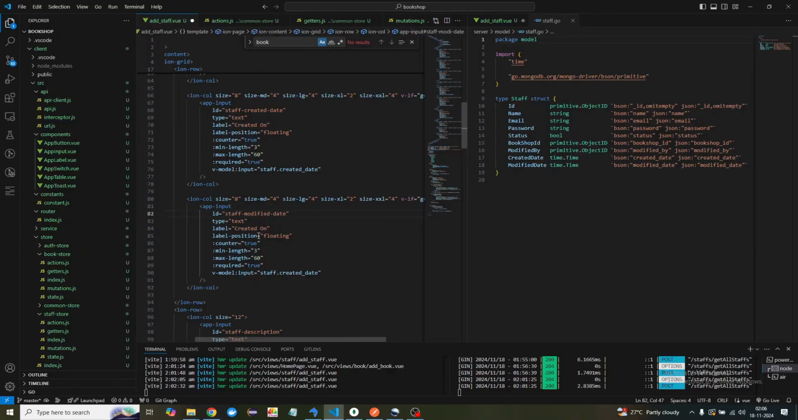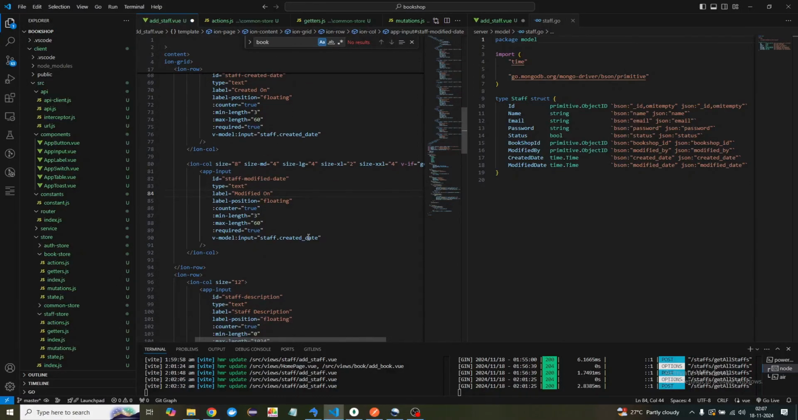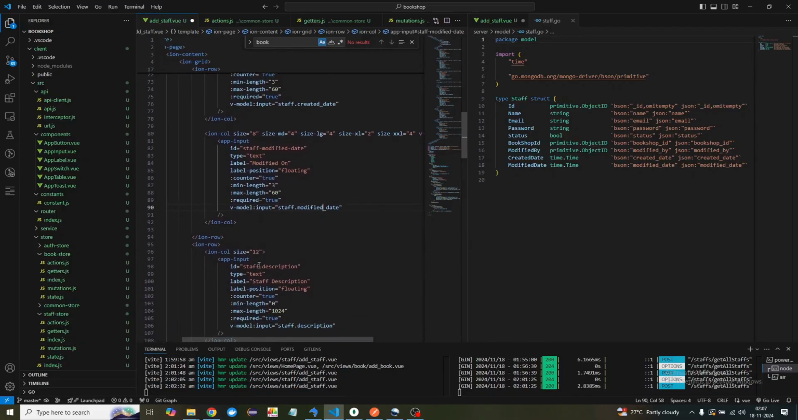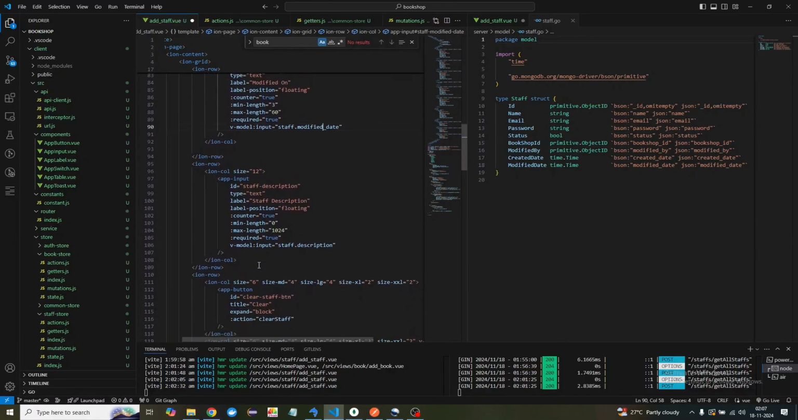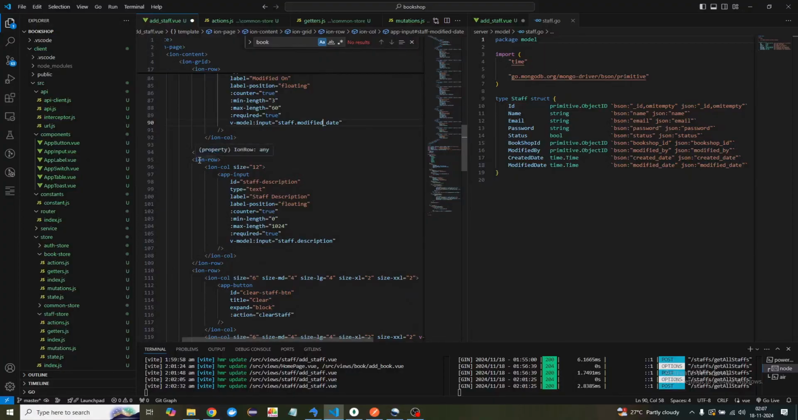Modified date. And here also I'll say modified on, right? Here also we need to say modified date, so that it will bind to modified date, not the created date. Cool, till here we are good, right? And then next what we need is, we don't need this actually, okay, we need this, but this time